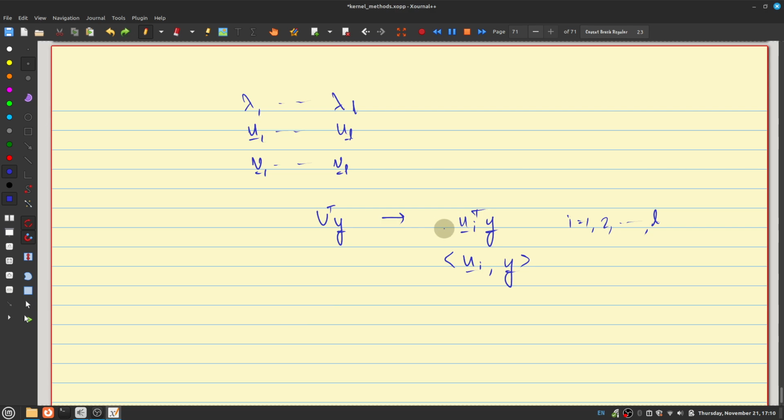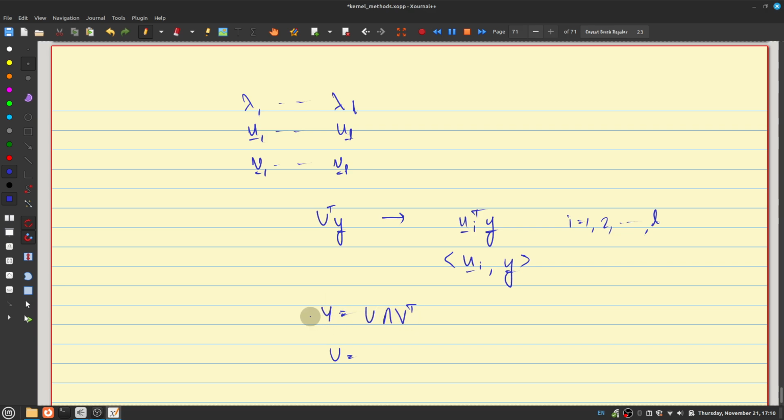Let me write it in the following way. So I know that y is u lambda v transpose, right? What is u equal to? Just from this,